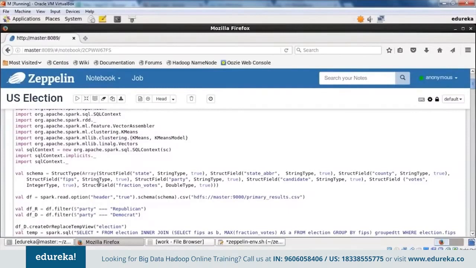Now I know that fips is a number, but since we are not going to do any kind of numeric operation on fips, we're going to let it stay as a string. Then we've got party as a string type, candidate as a string type, and then votes as integer type, because we're going to count the number of votes, and there are certain numeric operations that we are going to perform that will help us to analyze our data. Then we've got fraction votes, which you know is a decimal type, so we have to keep it as double type.